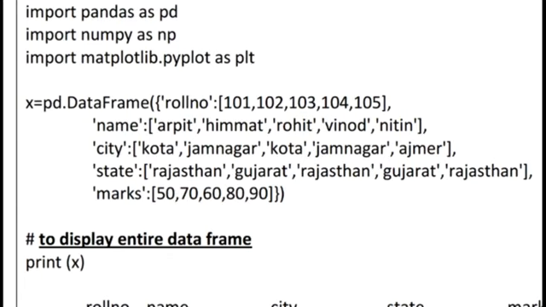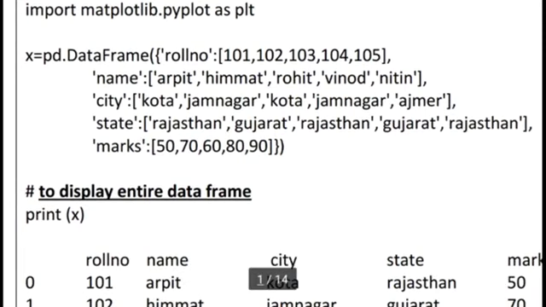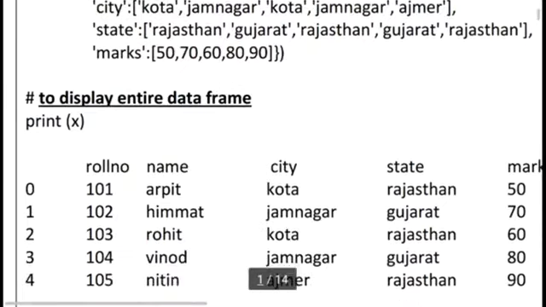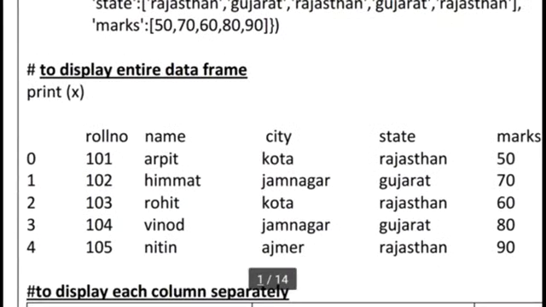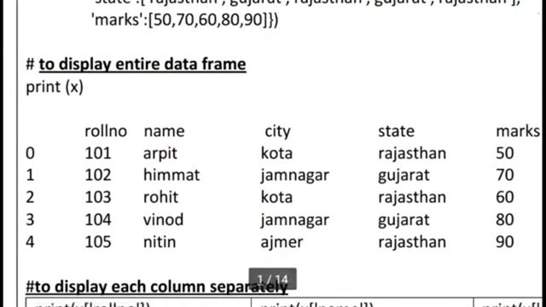First, we simply display this table. Generally we can print or display any type of variable directly, so here we directly use print x. In the x variable you can see the whole complete table displayed. Okay, there is no error. So the DataFrame is useful, but this is the complete table, and I want to display particular parts of this table, not the complete table every time.